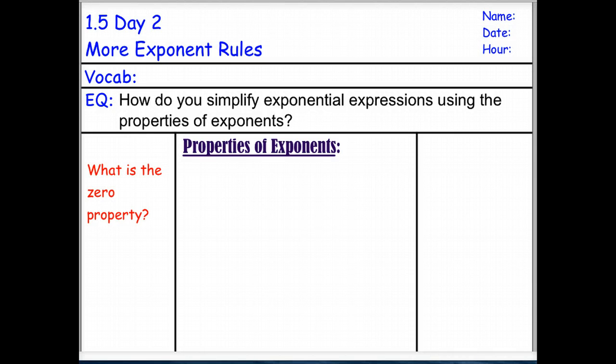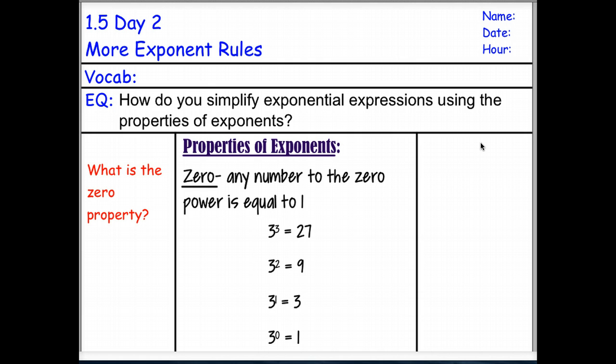Welcome back. As we approach day 2 of 1.5, we're going to get into a few more properties of exponents that you will then, at the end of today's lesson, in the assignment, and in class tomorrow, be getting into applying all of them in combination with each other. The first one that we've got is the zero property,